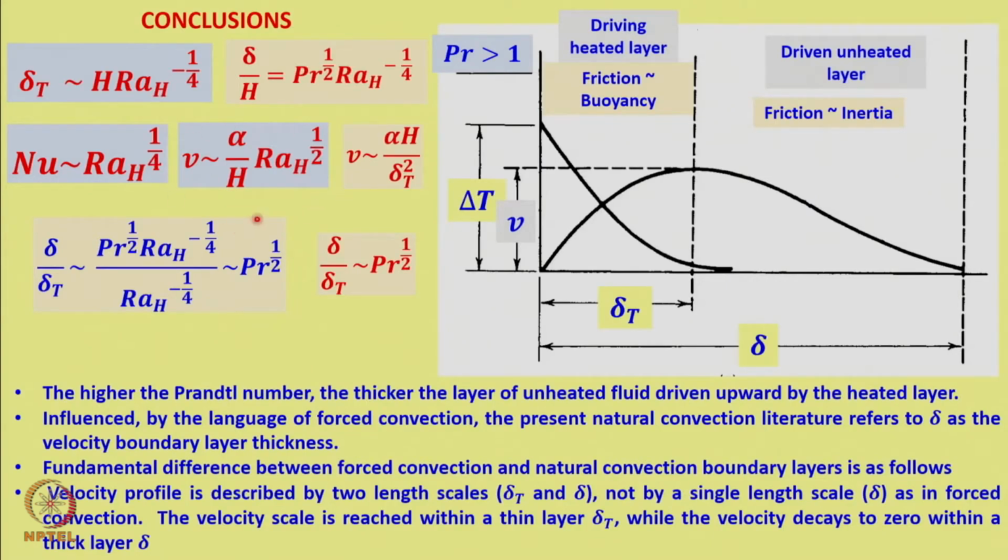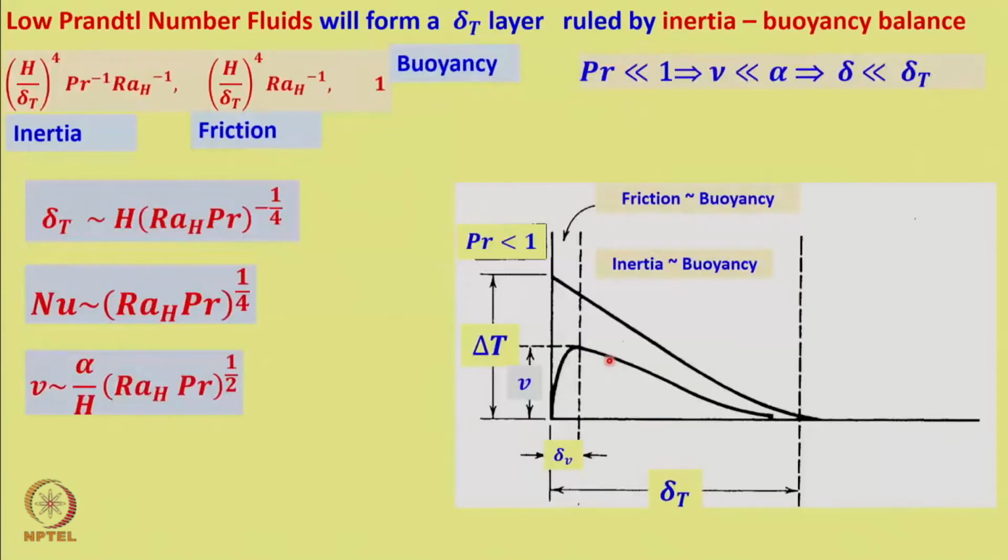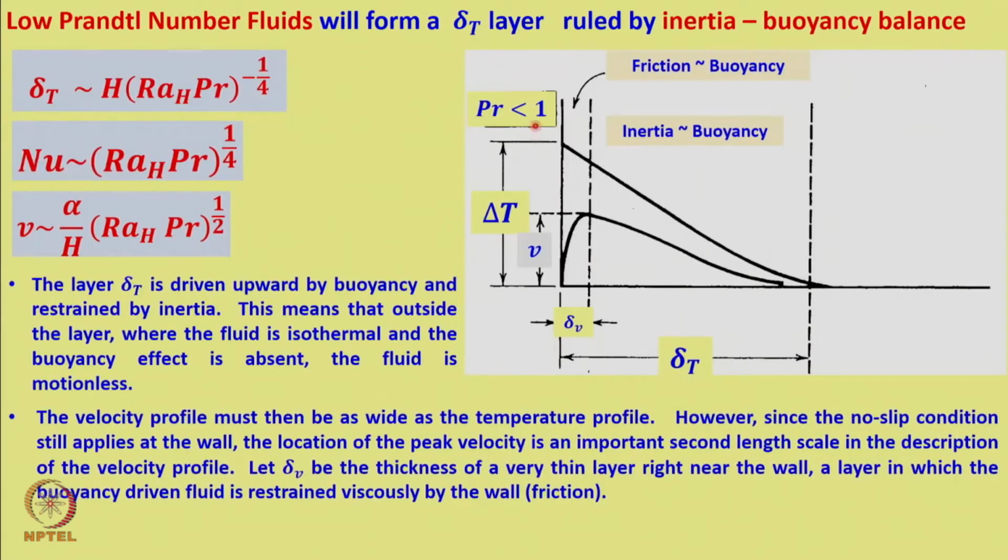We got the velocity as a function of alpha by h and Ra_H to the power of 1 by 2. And we realized that delta by delta t is of the order of Prandtl to the power of half. That is, delta is indeed greater than delta t, which is apparent from this figure as well. So now if we consider low Prandtl number, which is given in this figure,